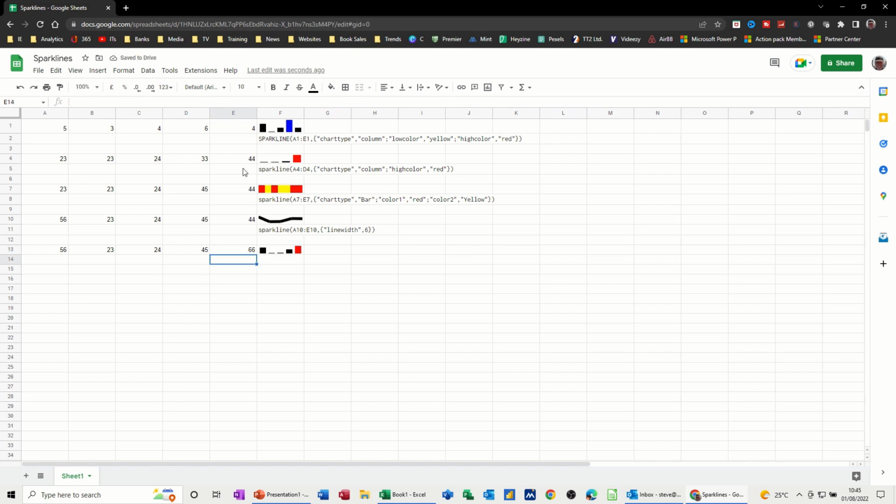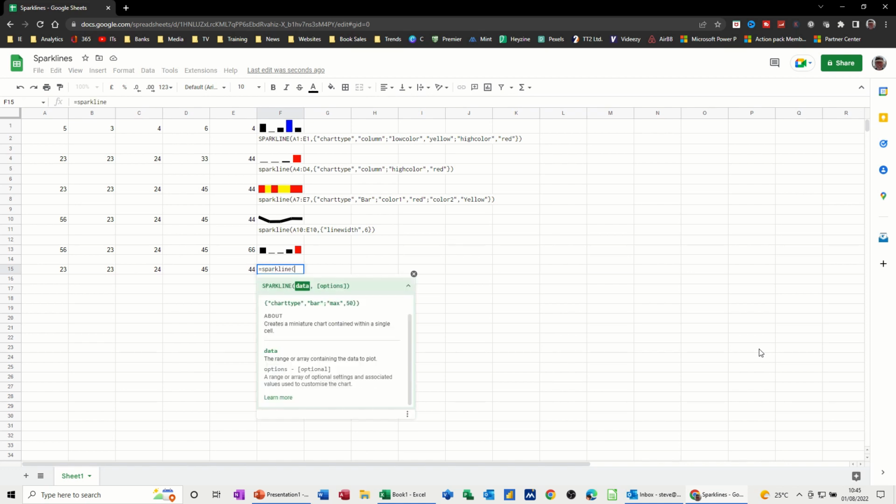The next one is column high color red, so that's the same. And then this one is a bar chart with red and yellow, so you've got color 1 and color 2. So let's do that one. If I just copy this data, paste that down there. So I've got it equals sparkline, open the bracket, open a normal bracket, select the data,